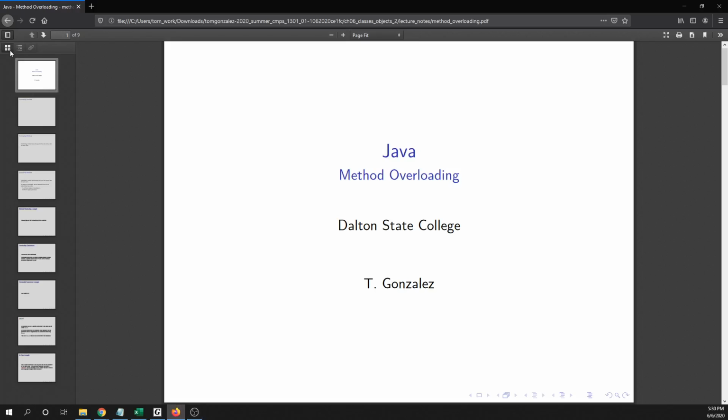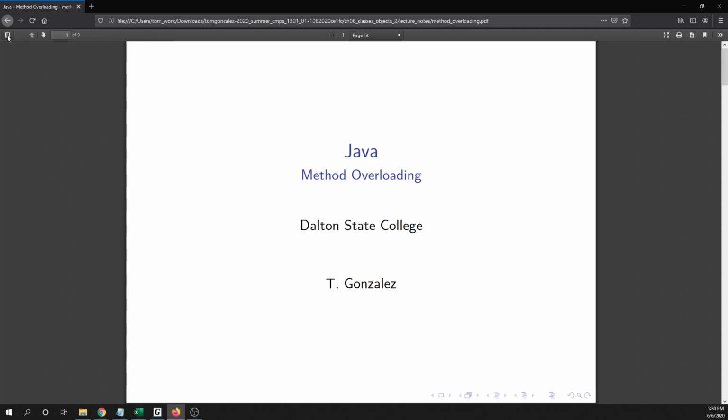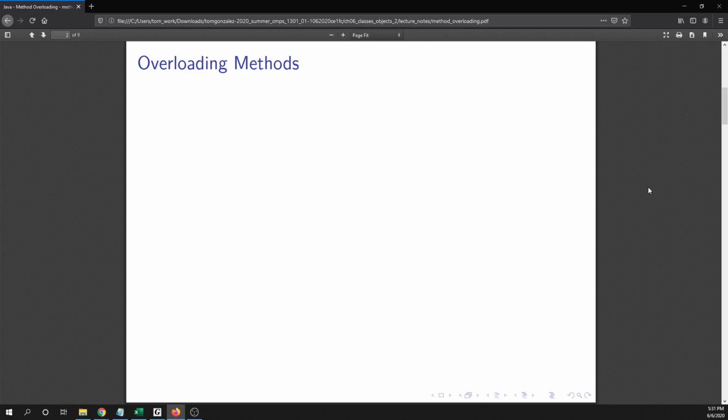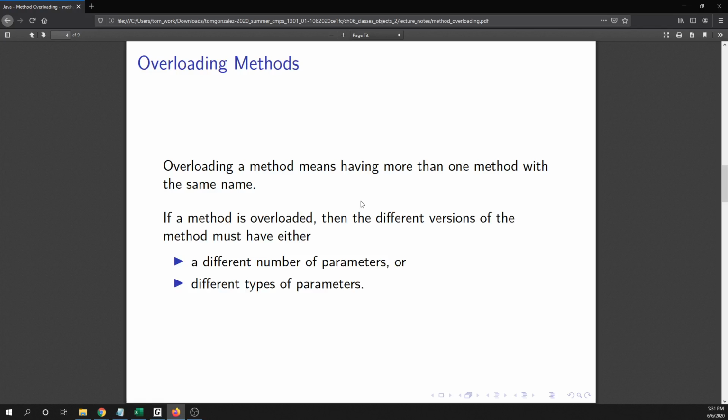In this video, we are going to talk about method overloading. So, overloading a method means having more than one method with the same name. Okay, and you might think at first that that would cause some issues, and it can cause some issues with your program